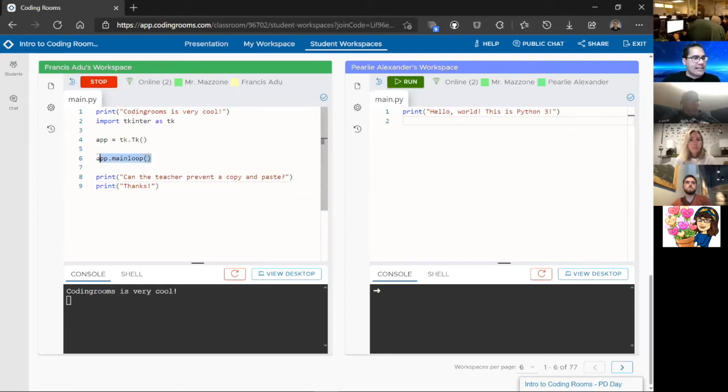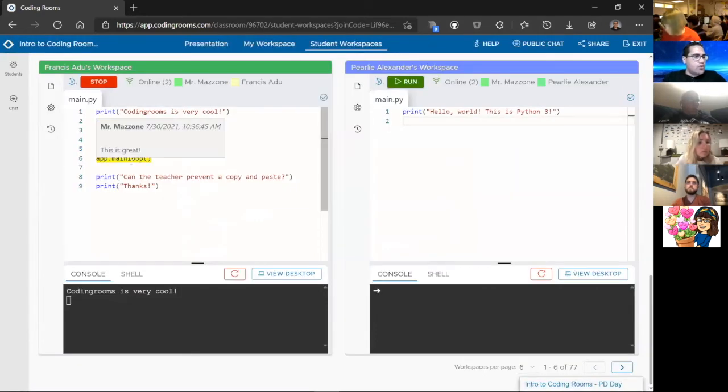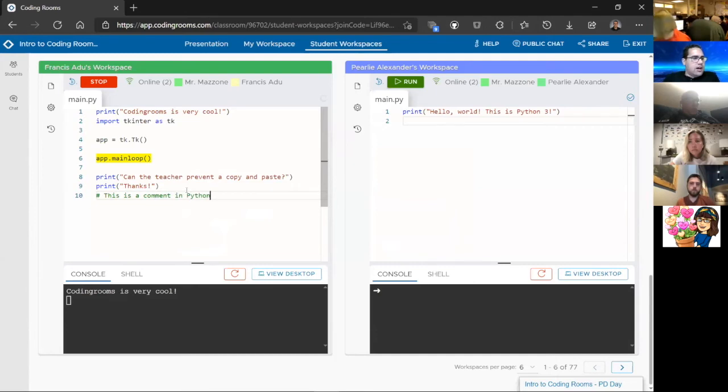I can highlight something, right click and add a comment. And now they can hover over it, and it says, Mr. Mazzone said, this is great. And there's a comment in the student's code. And of course, I can use the actual programming language's commenting to do it also. But I can scroll through anybody's code